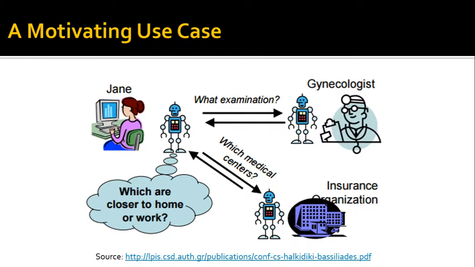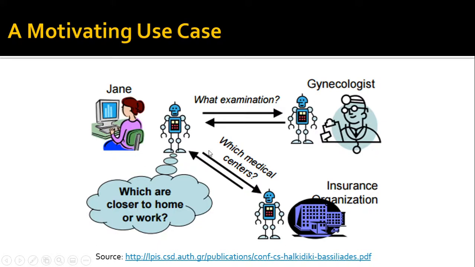Now, Jane has an agent, so you can see the agent here. The agent works for Jane to help her out in different aspects. Now, Jane puts forward the requirement to the agent. What the agent does, it talks to the agent of the gynecologist to see what examinations have been prescribed by the gynecologist. Right. Now, taking that list,